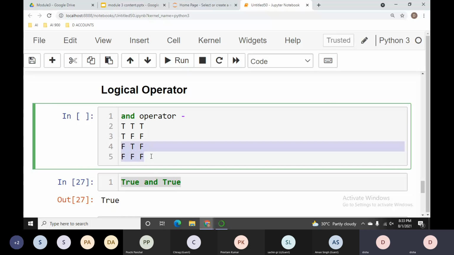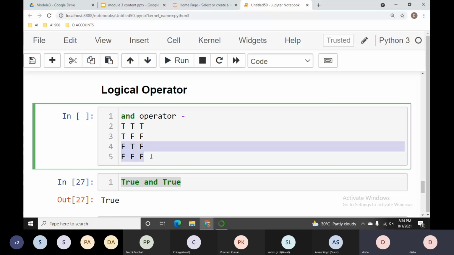If your first operand is false, then it doesn't matter what your second operand result is, because the output will be false only. So we will just focus on the first operand. When the first operand is false, we will not focus on the second operand. We will just throw the first operand as a result, which is false.